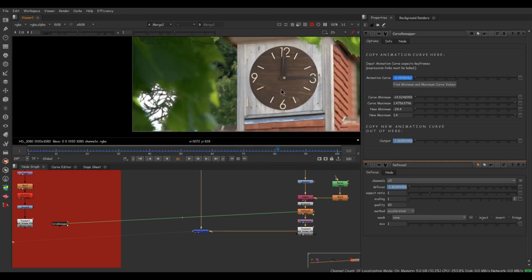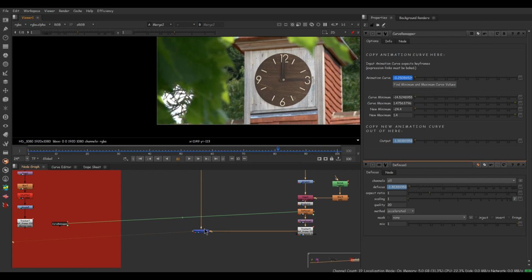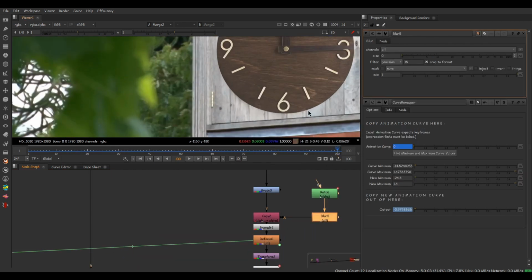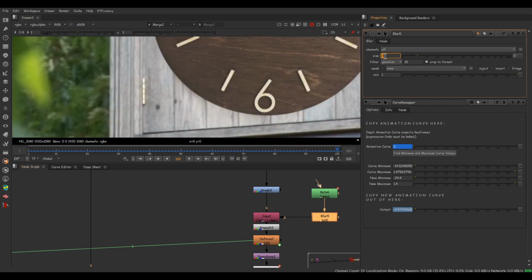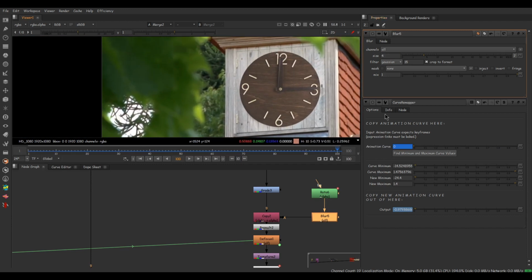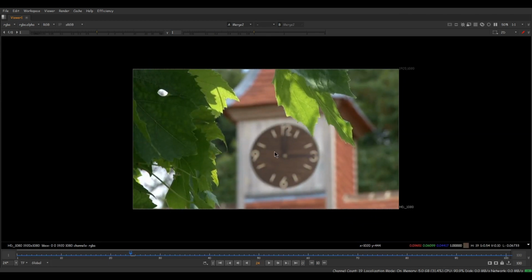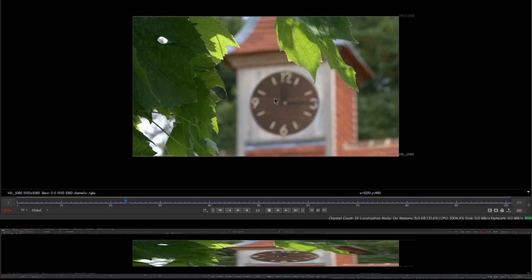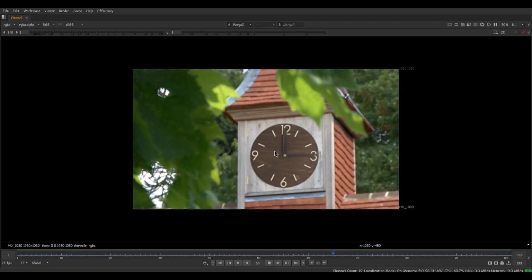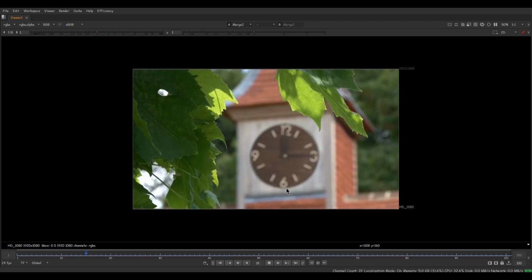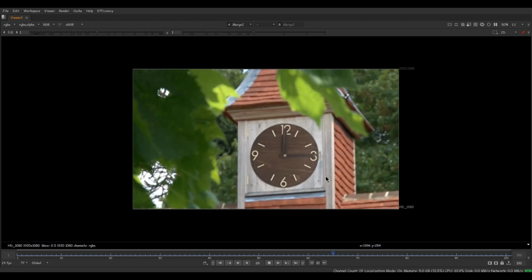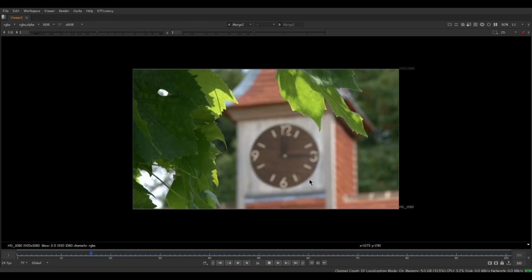Now we can fine tune the comp a bit by blending the edges. Let's give a value of 4 and see. This looks too much. So a value of 2 works well. Done. Let's play the comp one time and see. Amazing. From a comp perspective, this is pretty basic. I just want to introduce you to this tool from Ben. I'm really impressed with this automatic animation.